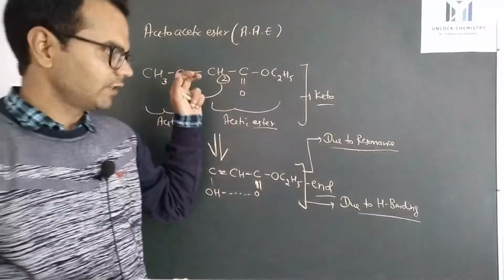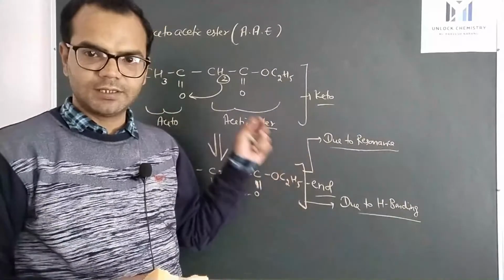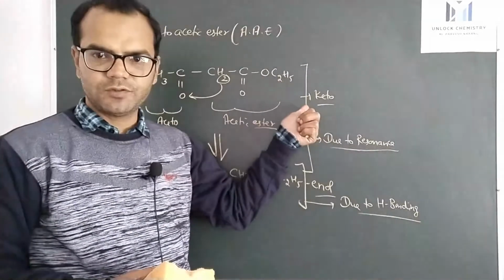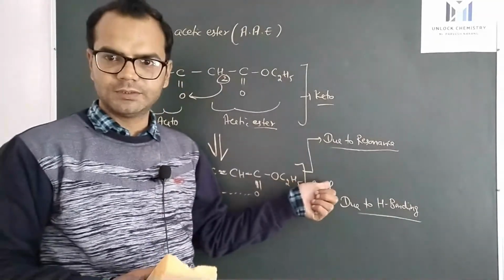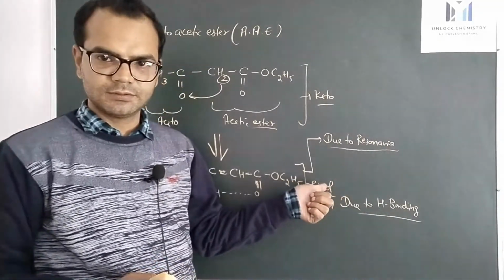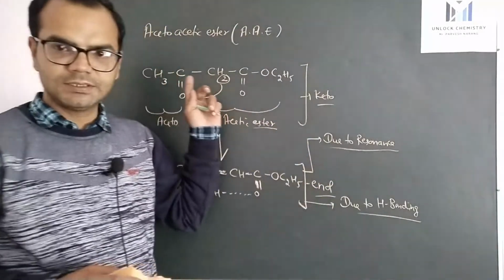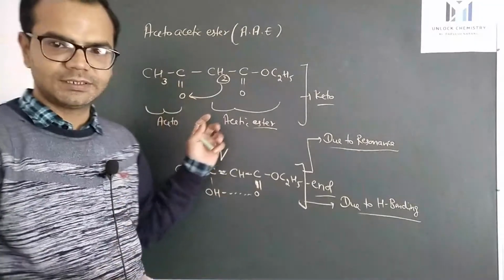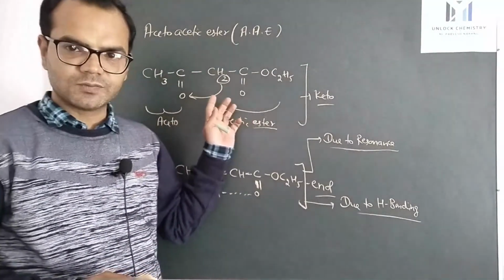So we have to be careful whether the keto form is stable or the enol. In general, in most cases keto form is stable, but still some cases are there in which enol form is more stable, right? That is the important part of structural isomers. Now we have completed structural isomerism. In the next segment we will start stereoisomers.